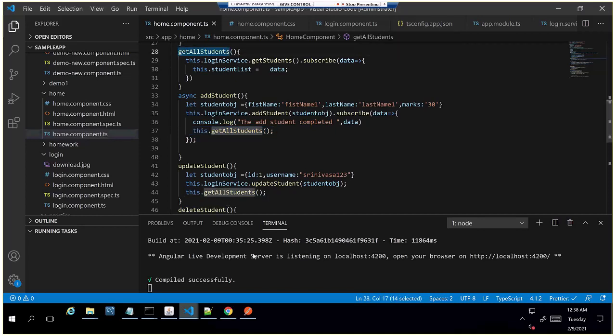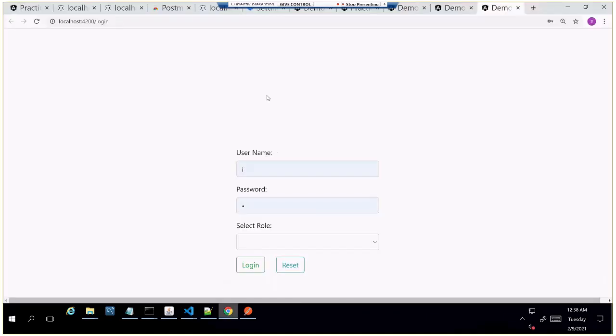So now what I'll do is add one button here. Every time we refresh the page, it is actually redirecting to the login page. Instead of that, we'll make a small change so that we'll stay on the home page.